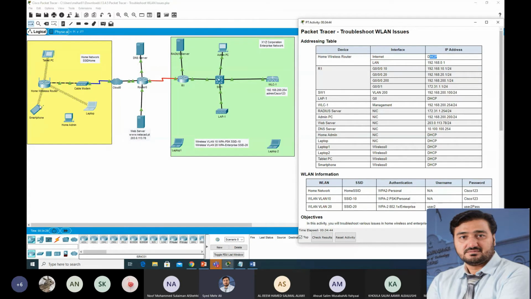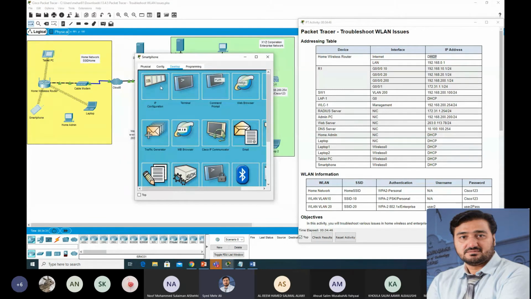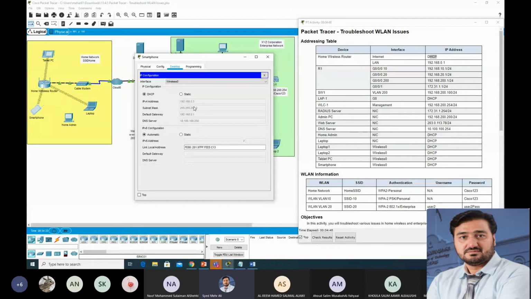Now we will check here: 192.168.0.1, and the DNS is 10.100.100.250. We are not able to access our web server by name, so we need to check whether the IP address of our DNS server is correct or not.